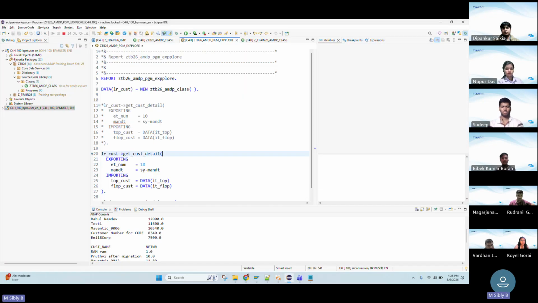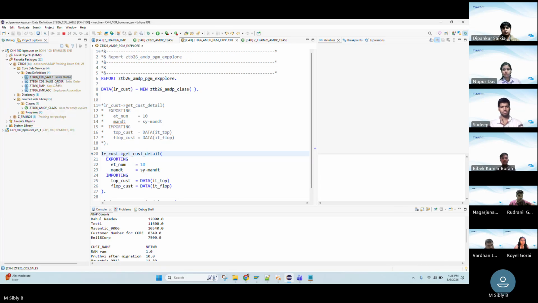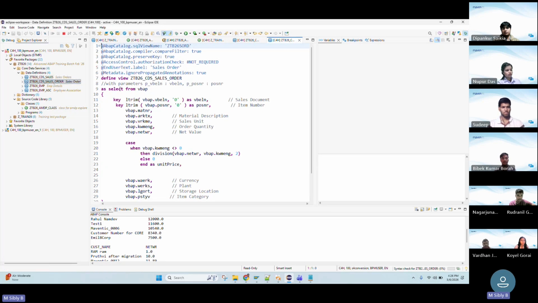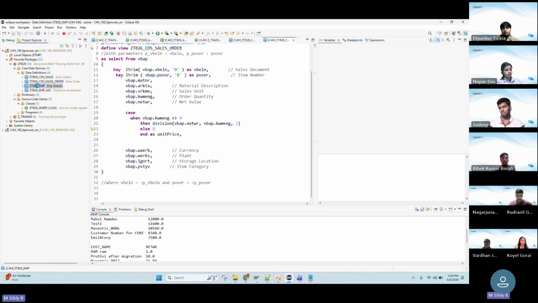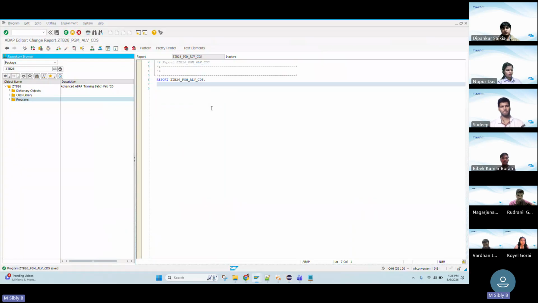Here if we explore these views, here there is a view. Here we can see we defined a view named ZTB26 CDS sales and a sales order. Here also sales order is there. ZTB26 EMP also there is a ZTB EMP. I'm just displaying this view in an ALV. For this, I am using this. Just copied this name so that